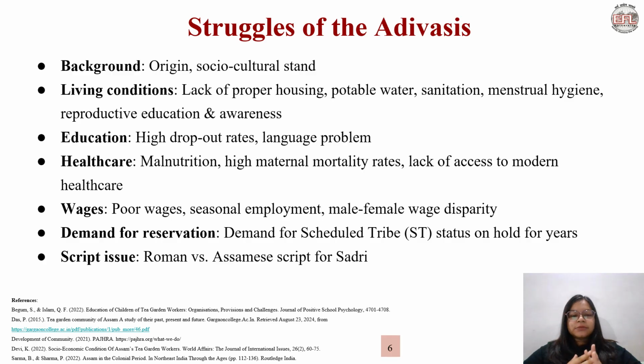So that becomes a problem, because the wages are poor, and because it is seasonal, employment is not guaranteed. So therefore people have to do odd jobs, such as working in the fields, working as house helps, and other such tasks. And of course there is always the male female wage disparity. And earlier, children also used to be employed to work in the tea gardens, but thanks to government initiatives, that has stopped significantly today. But today, the government is doing a brilliant job of monitoring